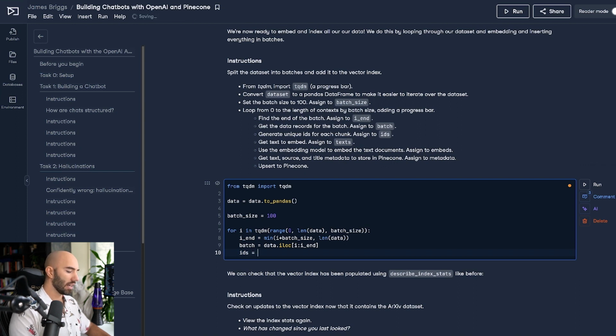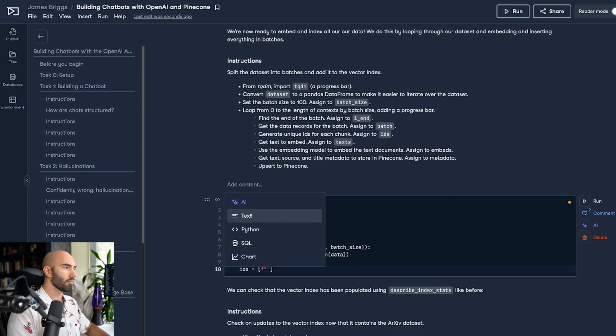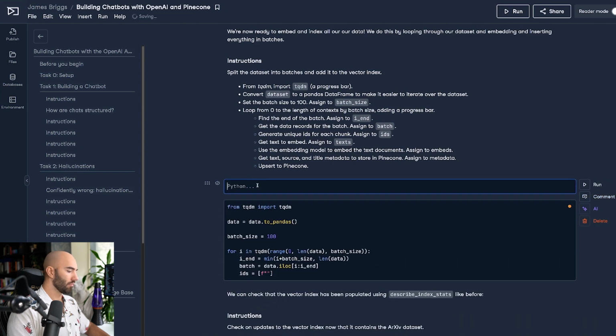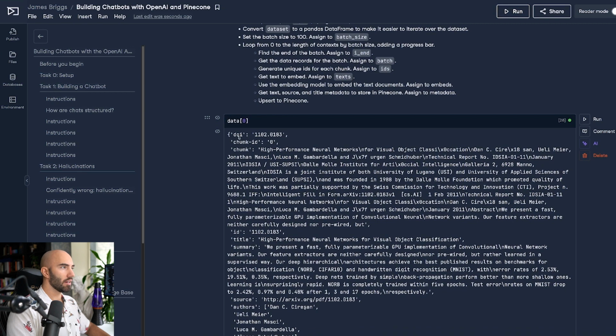So for the IDs, we can create them by taking, let's just take a look at that first record. Okay, we have the DOI and we have the chunk ID. We're going to put both of those together, because the DOI is the paper identifier, and that doesn't change.